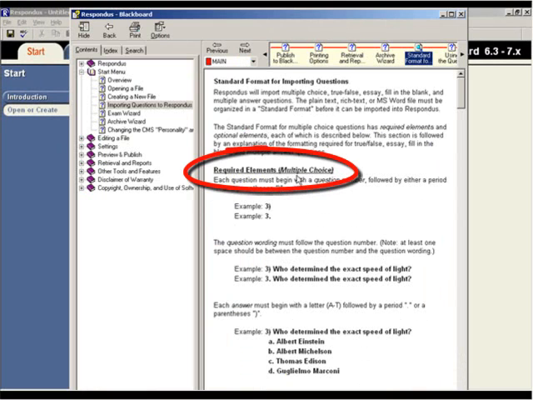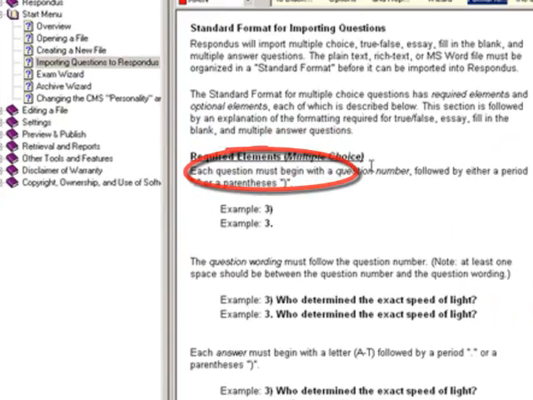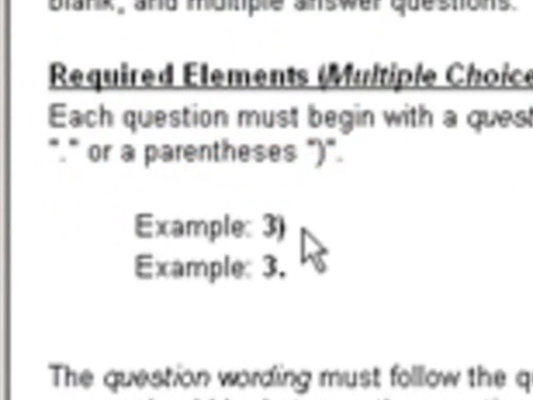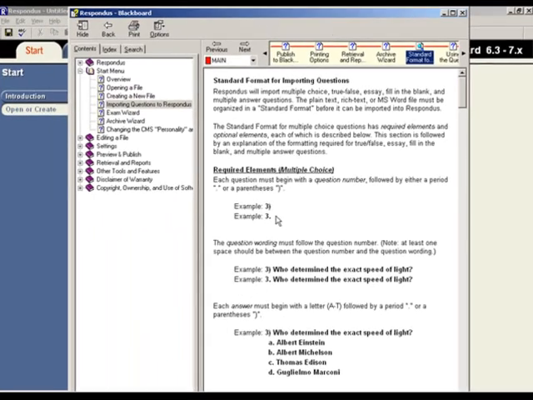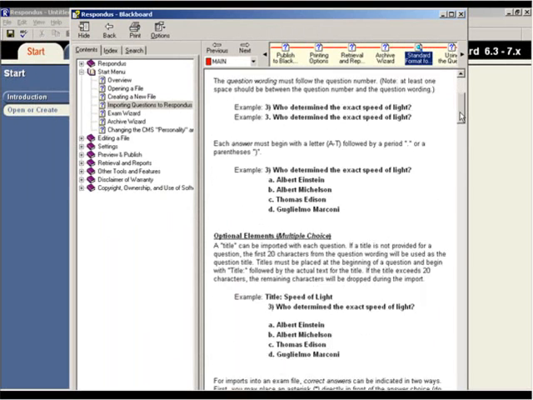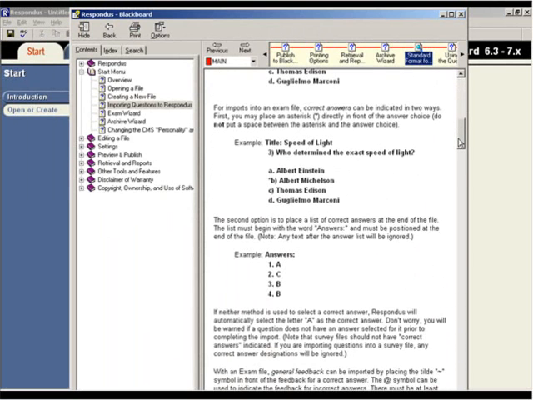The online help begins with a description of the formatting requirements for multiple choice questions. As shown here, each question must begin with a number, followed by either a parentheses or a period. By scrolling down in the online help, we can see that there are 2 ways to designate a correct answer for a multiple choice question. An asterisk can be placed in front of a correct answer, or an answer list can be added to the